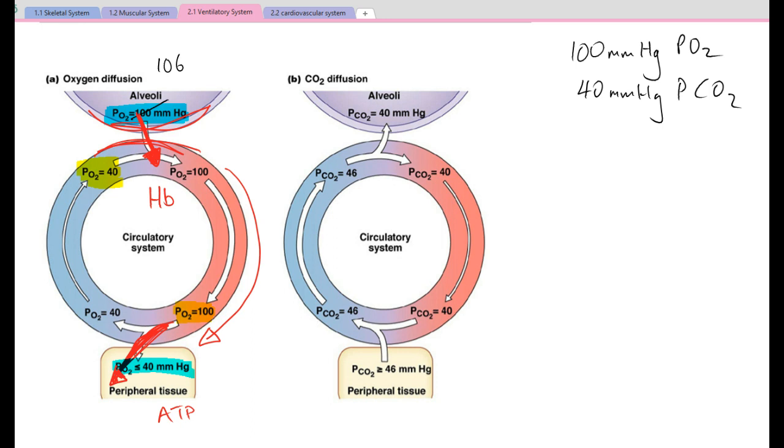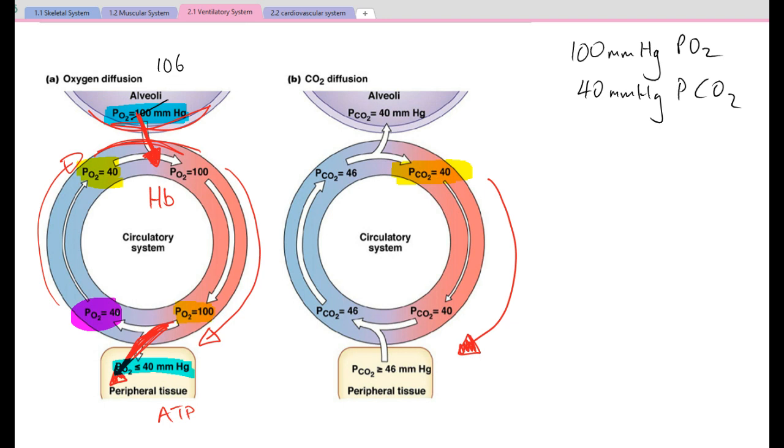Here we are then left with a low pressure of oxygen in the blood, returns up to the alveoli, where oxygen is then diffused into the blood again. With carbon dioxide, we have a low pressure of carbon dioxide in the oxygenated blood. It moves